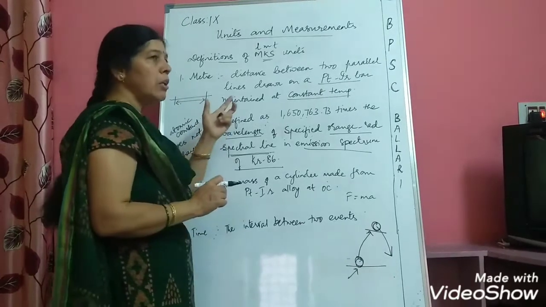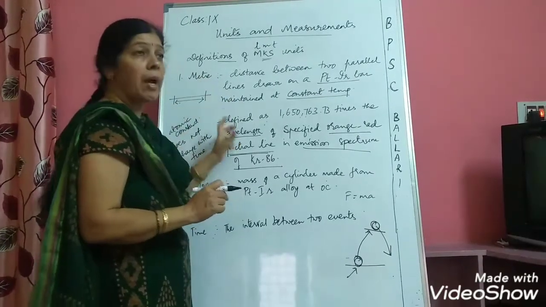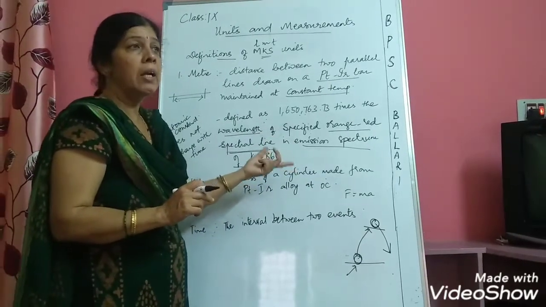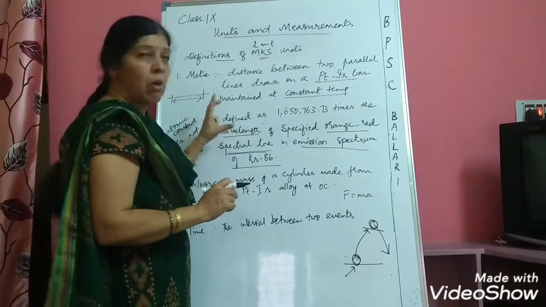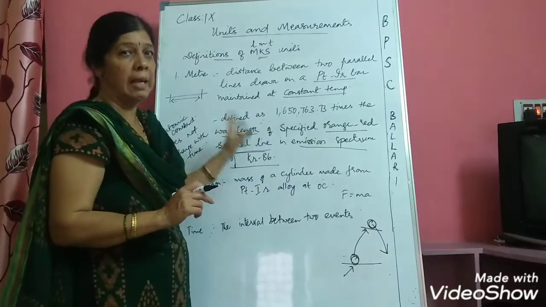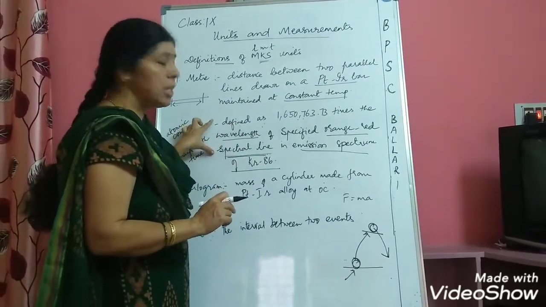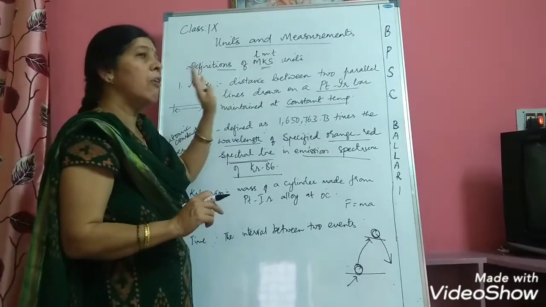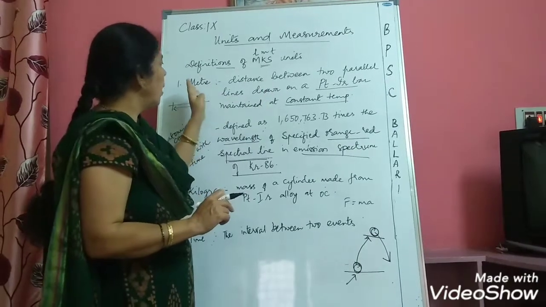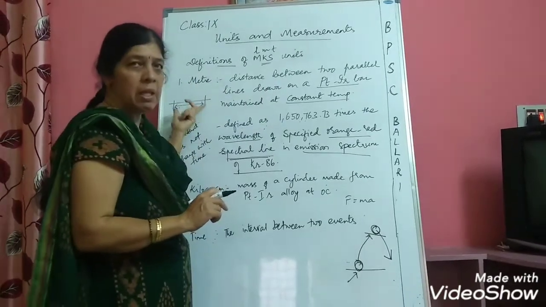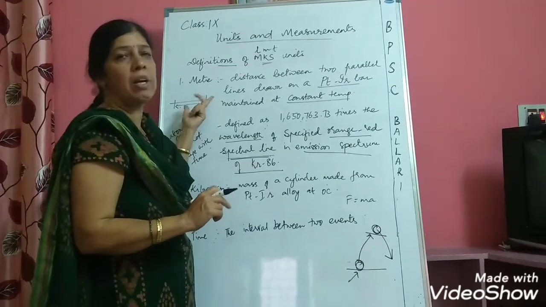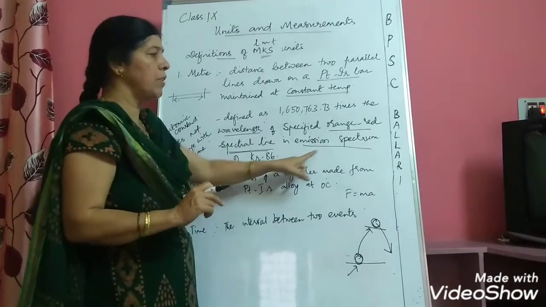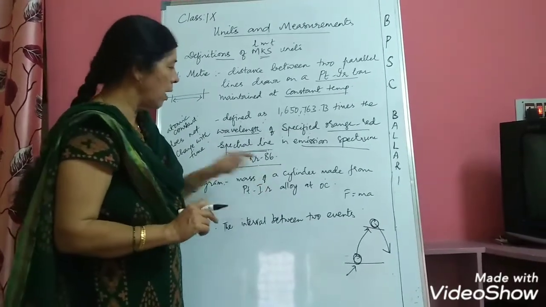Now, why has this meter been defined according to this wavelength of light? Because you must remember that atomic constants do not change with time, and hence this definition has been accepted as of now. So this is the definition of 1 meter, and now wherever you go, 1 meter will measure the same. It will not be different at different places or at different times. So 1 meter has been defined keeping in view this emission spectrum of krypton 86.